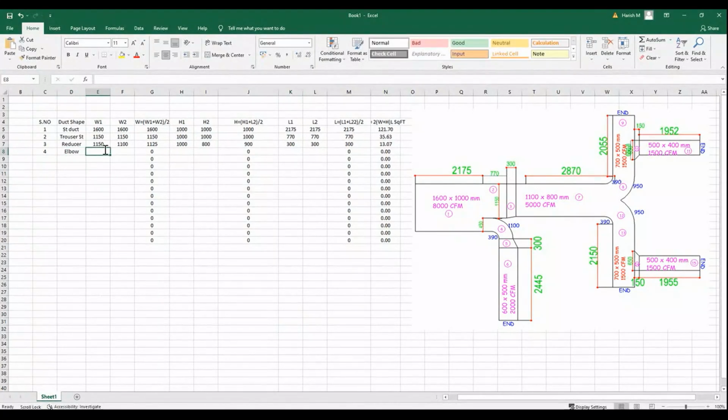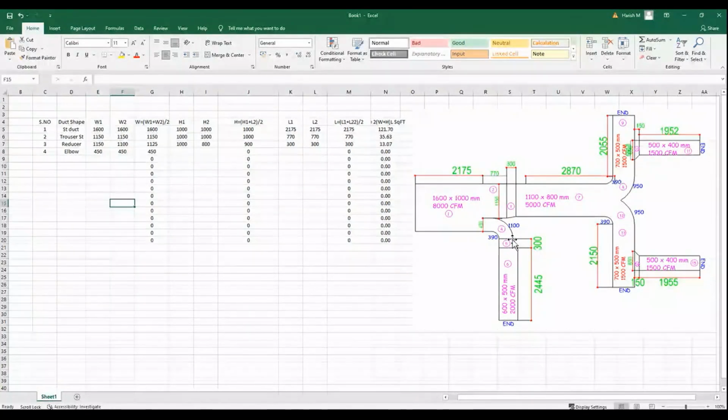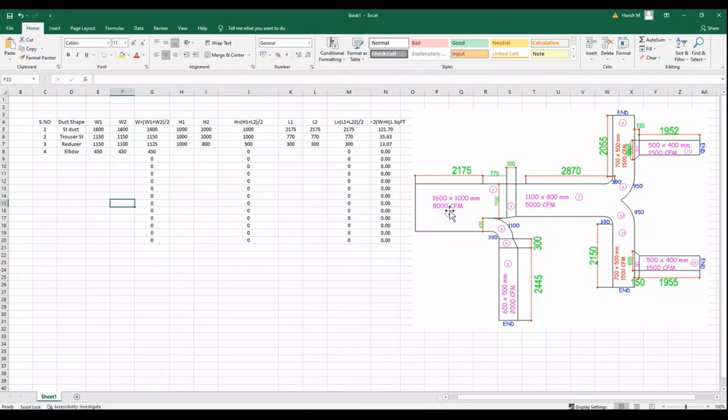तो elbow का width है 450, ये भी 450 है, ठीक है। देखो इधर भी 450 है, इधर भी 450 है। हाइट सेम होता है सर, हाइट आल्सो वी आर टेकिंग 1000, हाइट इज 1000 and 1000। नेक्स्ट लेंथ 390, इधर दिया है देखो 390, एक तरफ 1100 आ गया, उसका वैल्यू भी आ गया। नेक्स्ट फिफ्थ वन इज रेड्यूसर।